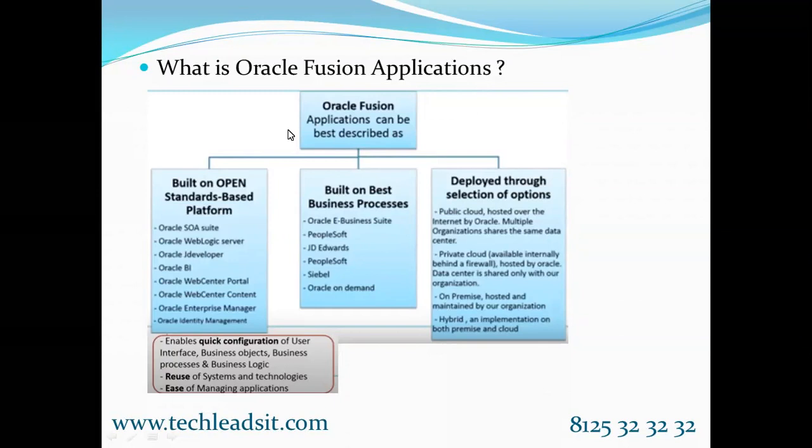Oracle is providing a subscription for us, so we are utilizing their services from the Fusion side. And whatever business processes and platforms there are, they are deployed into various deployment options like public cloud, private cloud, and on-premise applications. On-premise applications are nothing but whatever we are using as of now, E-Business Suite, which is the Autovell application, which is a complete on-premise application. Now, going ahead, we'll see what public cloud and private cloud are.